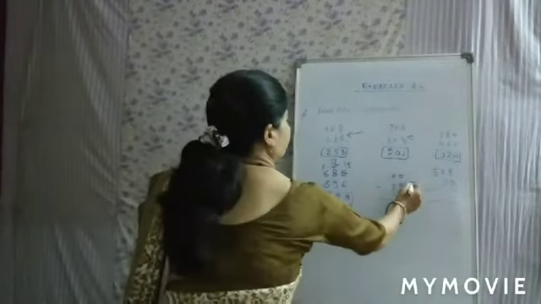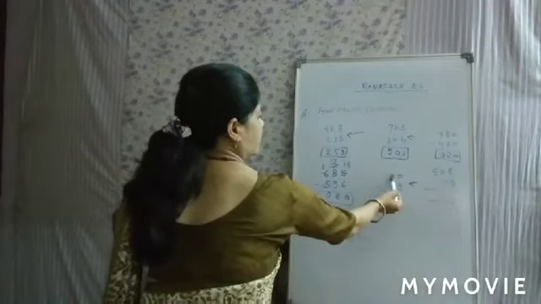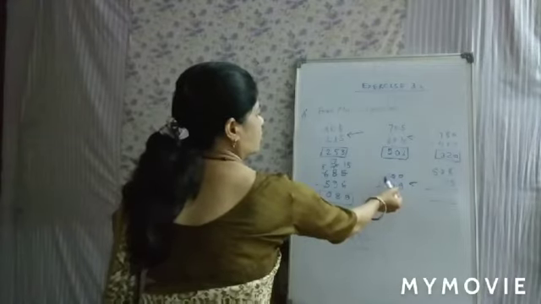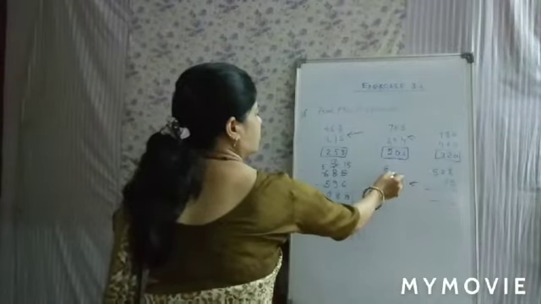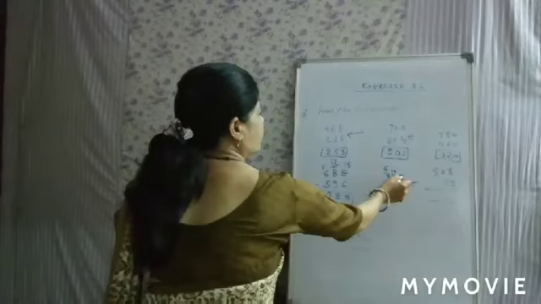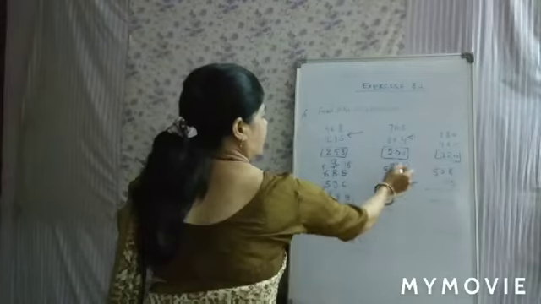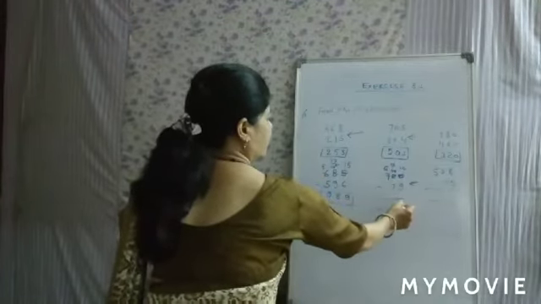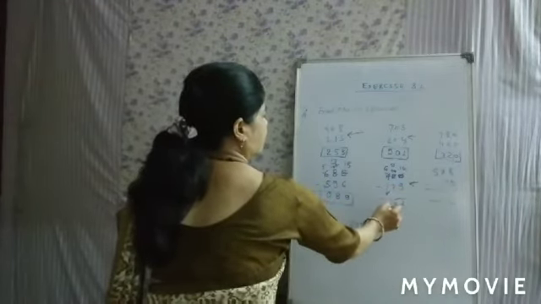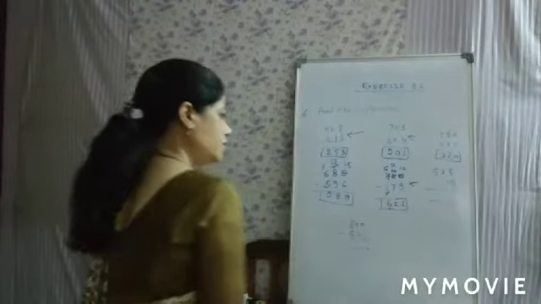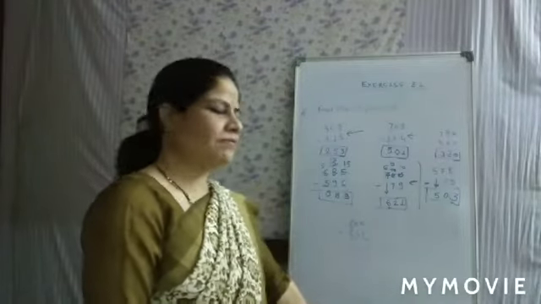So start from the right side. You can't subtract 9 from 0. And since the nearby digit is also 0, you have to borrow from 7. So this 7 will be 6. Next 0 will be 10. But you have to borrow for this 0. So this 10 will be 9 and this 0 will be 10. Now 10 minus 9 will be 1 and 9 minus 7 will be 2 and 6 as it is you have to write. What is the difference here? 621. Now you have to subtract 75 from 578.